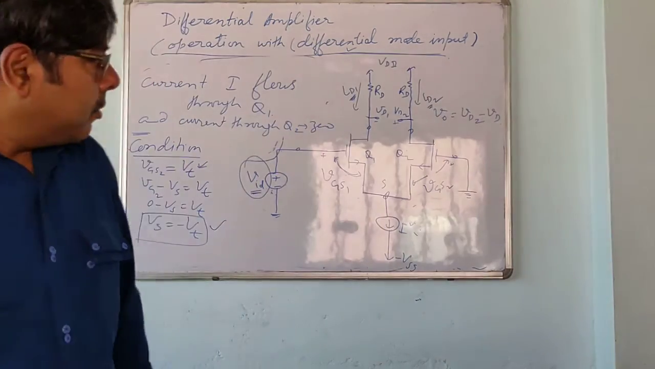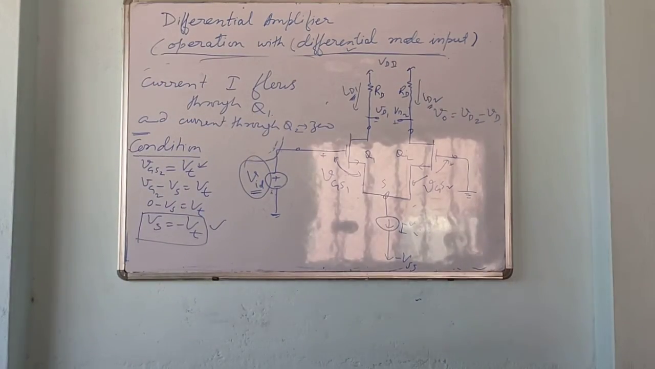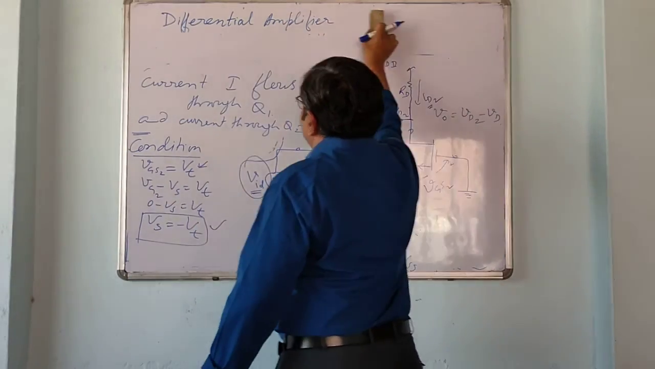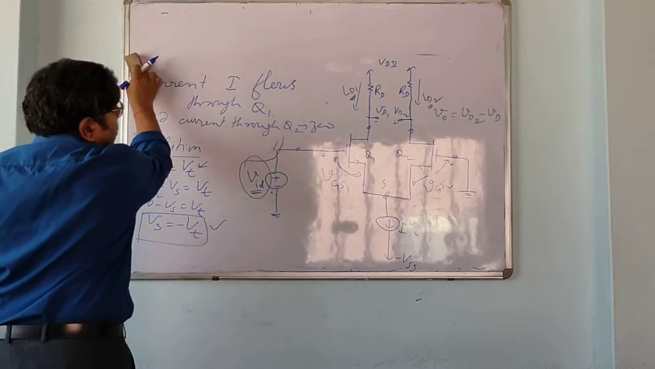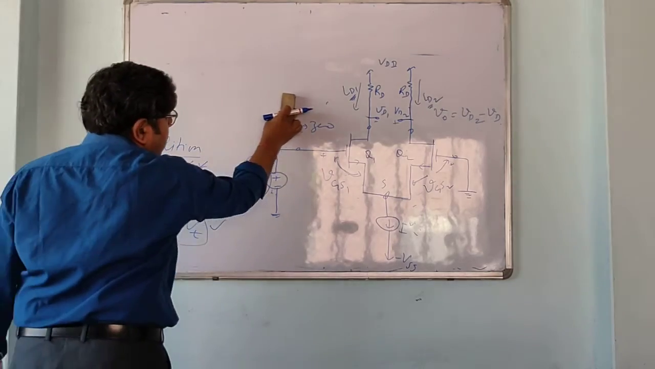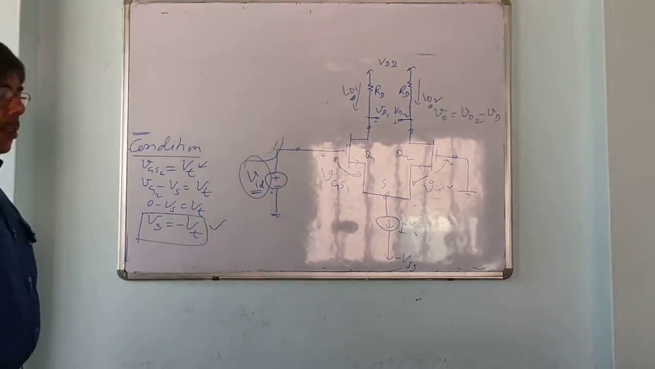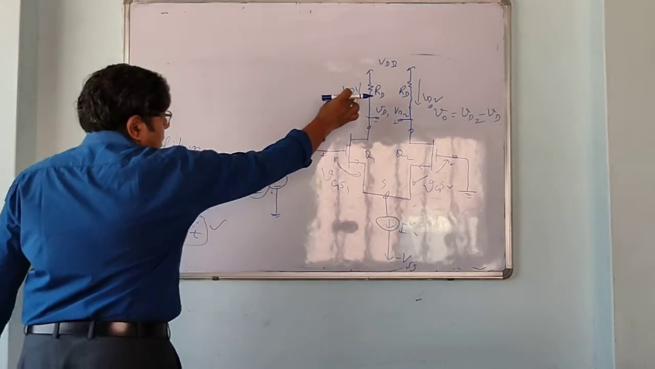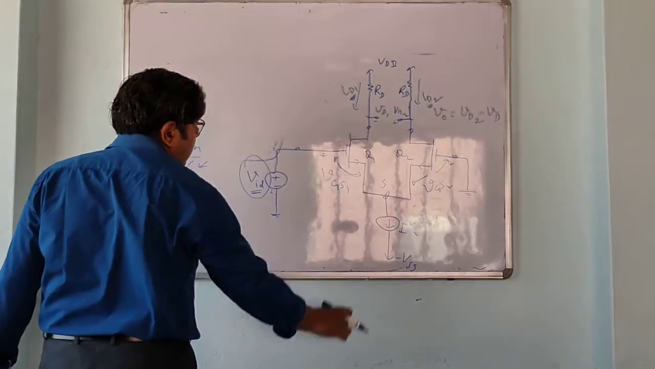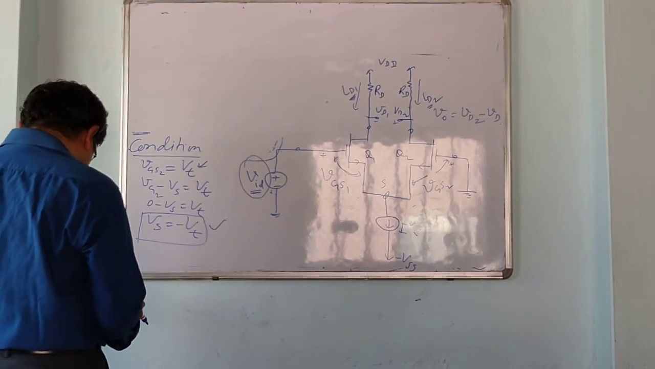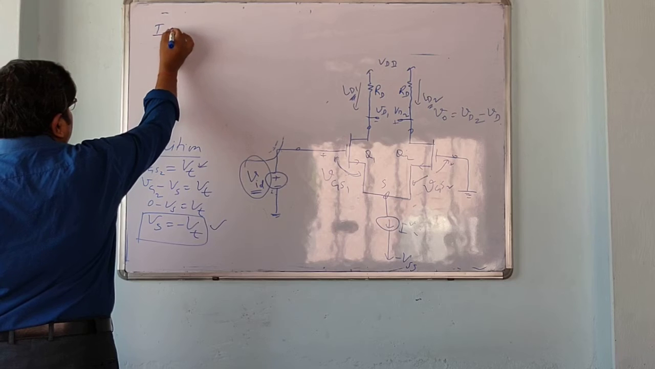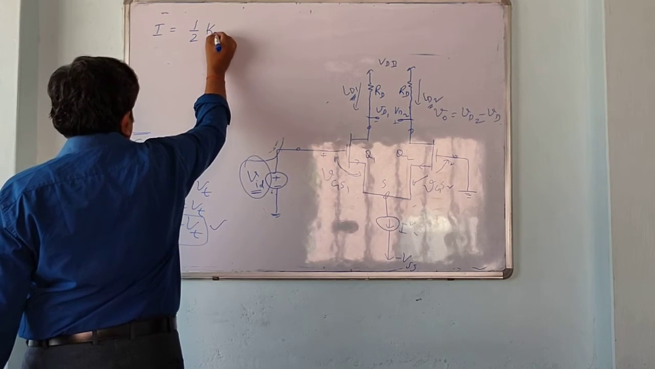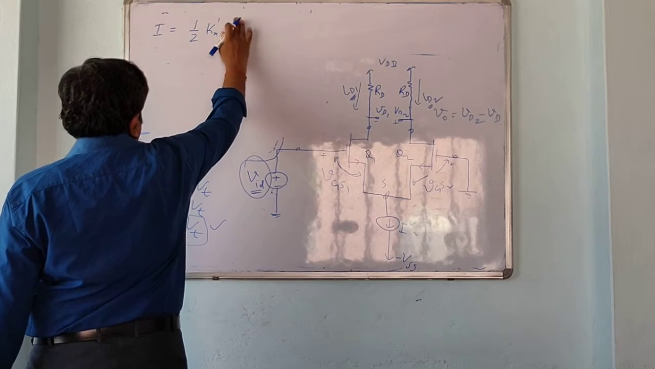And for Q1, when the whole of the current flows through Q1, the current through this transistor is I. Therefore, we can write I equals